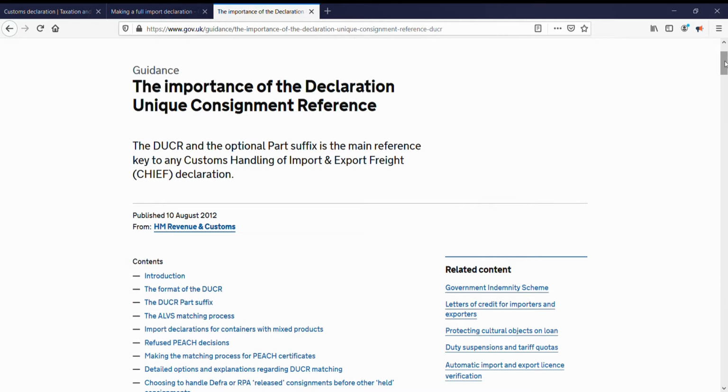Pre-arrival declarations, or parts thereof, may even be submitted by different individuals, but as long as the declaration unique consignment reference number, or DUCA, remains accurate in each, the advance notifications can be successfully found and collated. Being able to quickly group and order advanced notifications and pre-arrival declarations, or the parts thereof, obviously helps customs to hasten clearance, but a mismatched or missing DUCA can therefore cause delays.